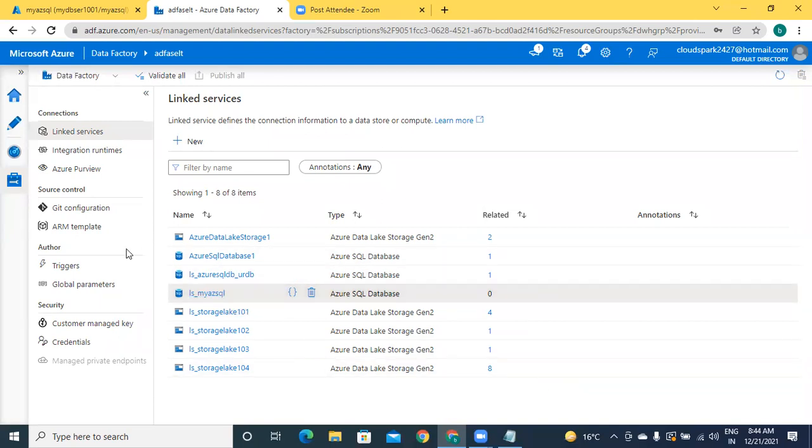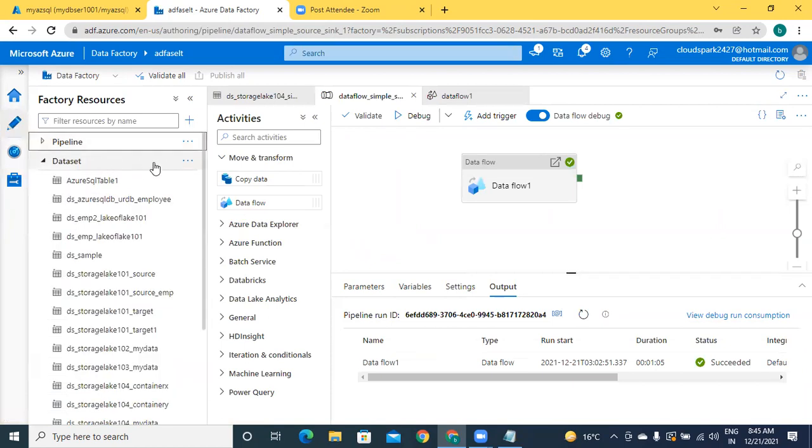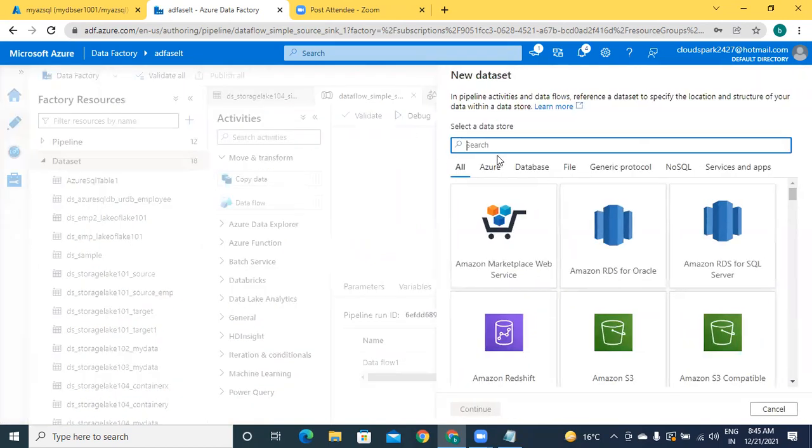Now I'm going to create a data set. Go to the other symbol. Under data sets, create a new data set. Here I am selecting Azure SQL database.